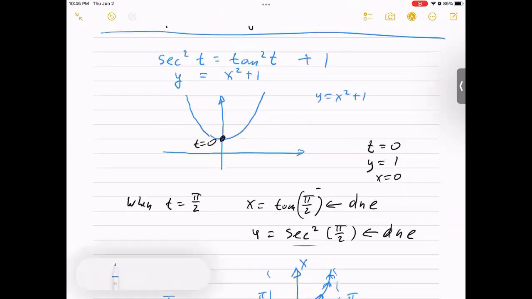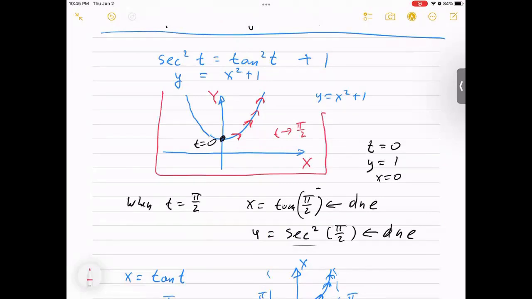We are ready to answer our question. When t is approaching pi over 2, x should be approaching infinity, and x in our original graph is horizontal, so that's the part of the curve we're talking about. And that's going to be our answer for this particular